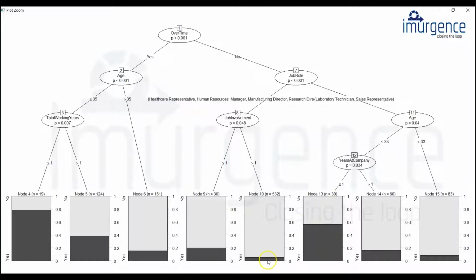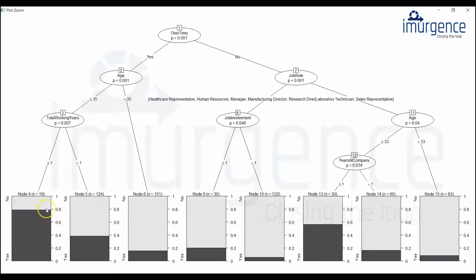This is good. So if I form a rule like this, that if overtime and if the job involvement is greater than 1, then I can say the attrition is very less. Okay. Now since our objective is to detect attrition, here you see very good information value.